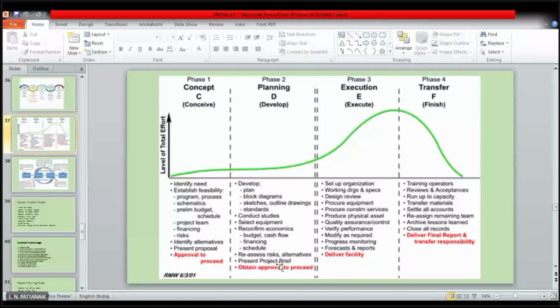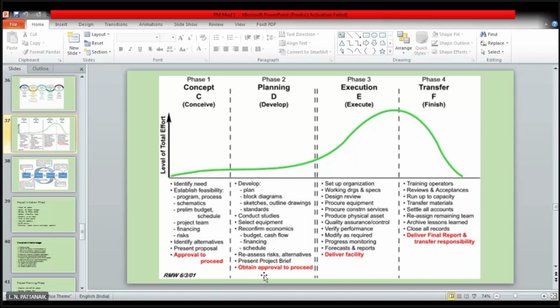But later on, there are many examples where projects are abandoned during the execution. It is partially completed, but it is abandoned. It also happens, and that is very detrimental for the client or the owner who is spending on that. That should not happen. If you have properly planned it, then that may not happen. Again, there is some chance, but you have to make sure that it does not face that kind of fate. So you can see the red color, that is approval to proceed, in the first as well as in the second also.